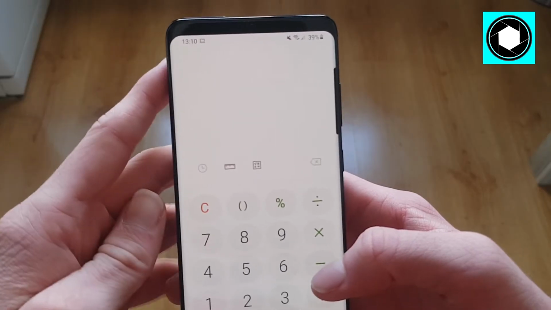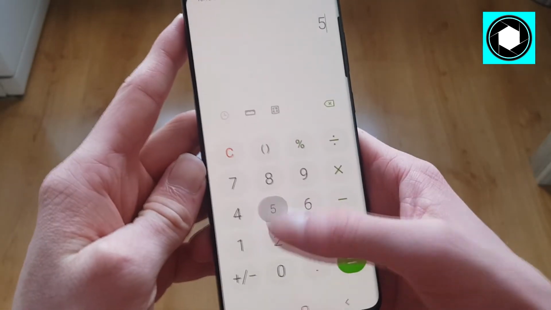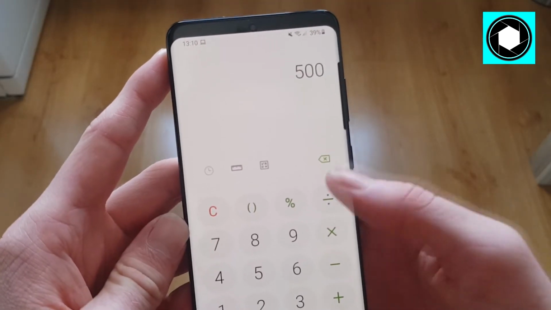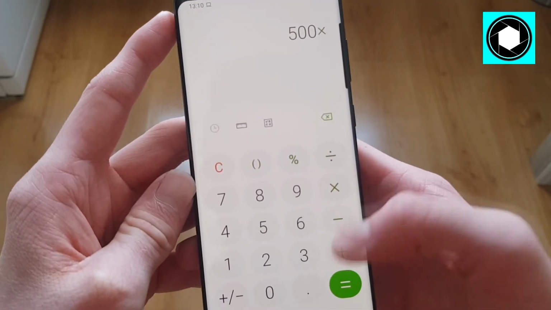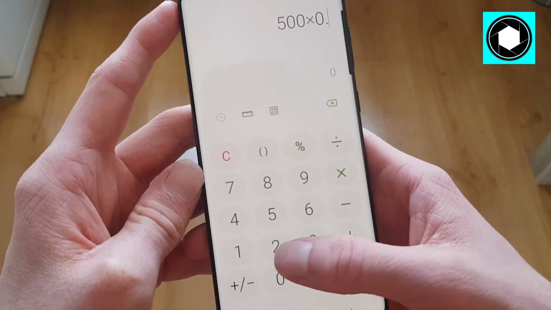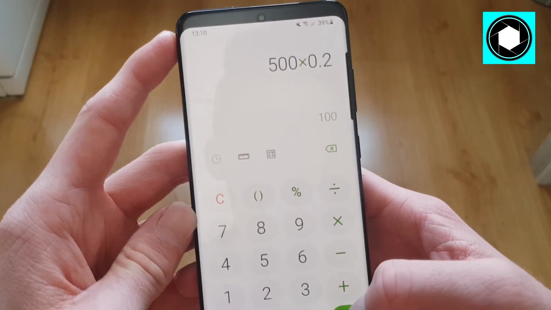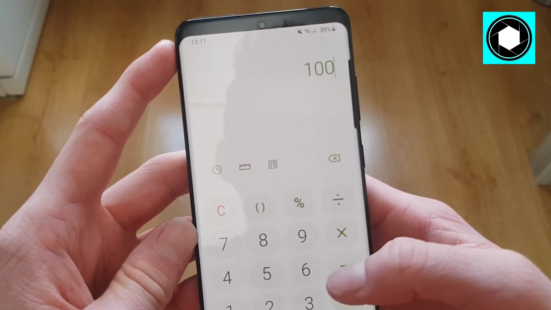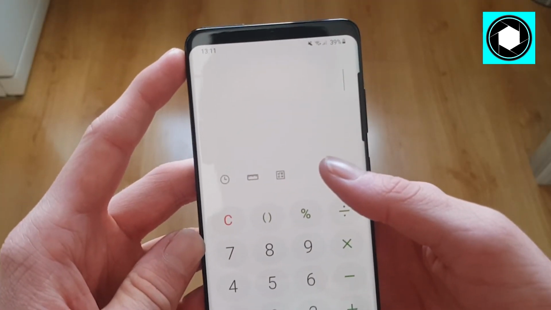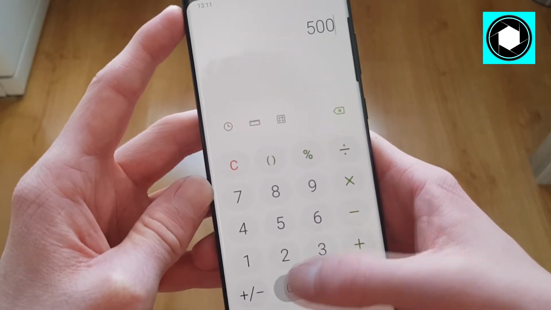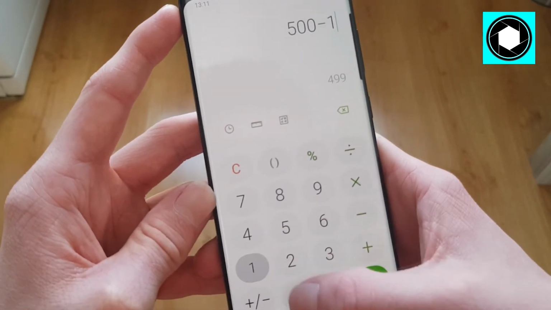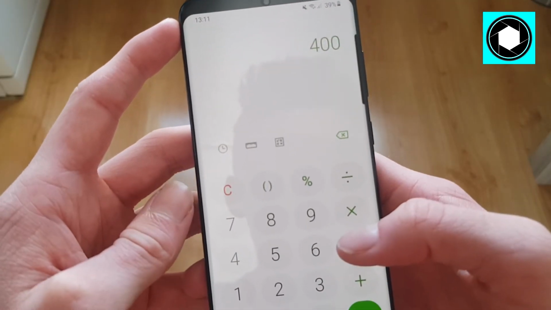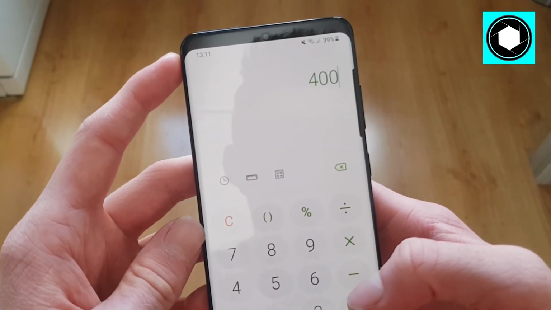So let's say I'm going to buy an iPhone for $500 and I get a 20% discount. I can then put in that 500 and multiply this by 0.2. So that's 20%, right? And then that equals $100. So if I get a 20% discount, that's $100. You can then do 500 minus 100, and you have to pay $400